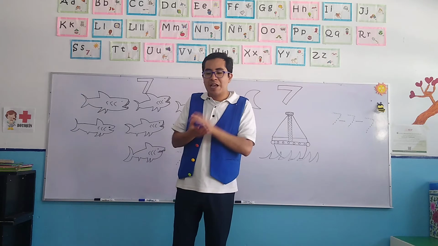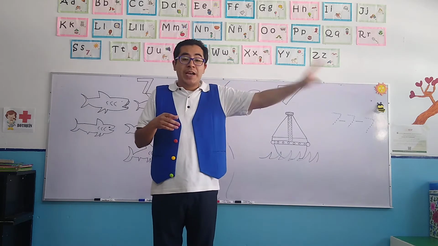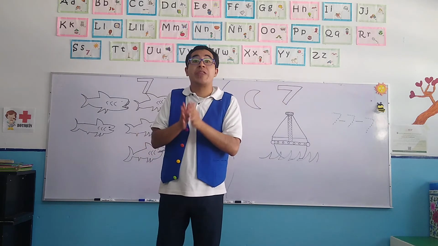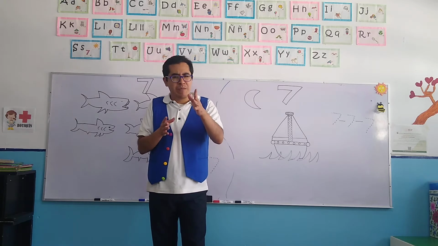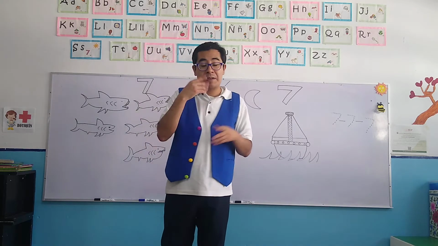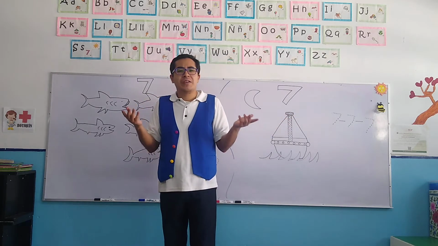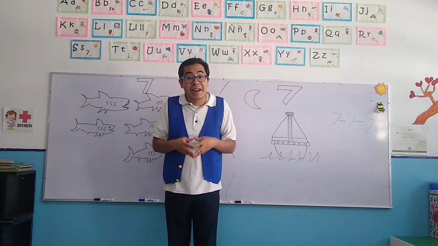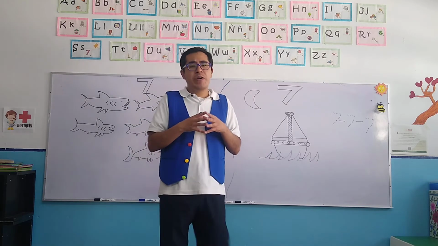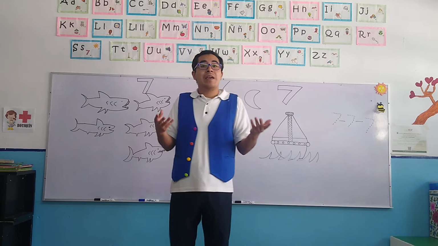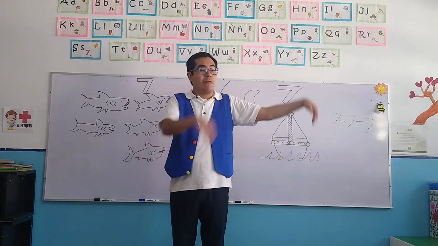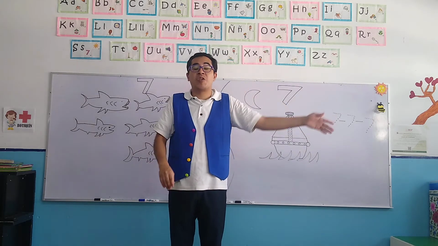Okay, very good. Now, besides the animals, we started with a new number. Do you remember what number we started seeing? What number was it? Number 7. Excellent. But before we continue with the number 7, let's have a review of the previous numbers, starting with the